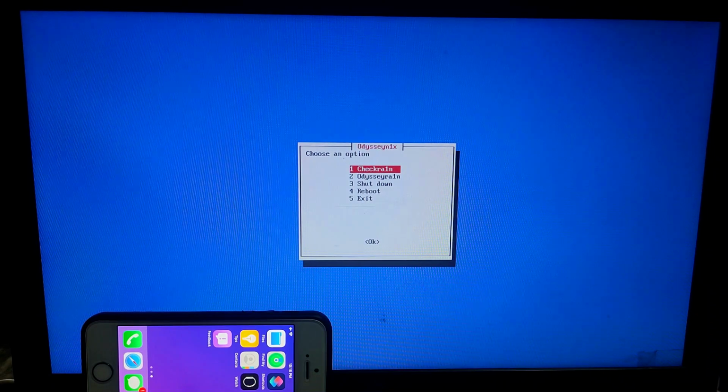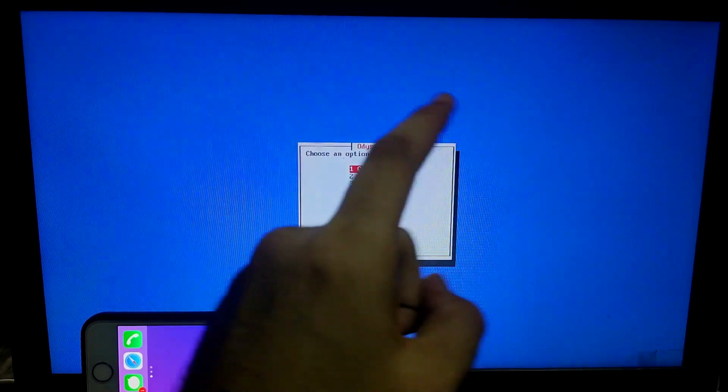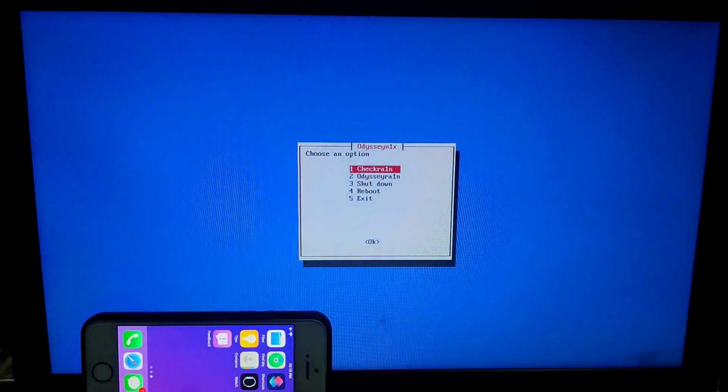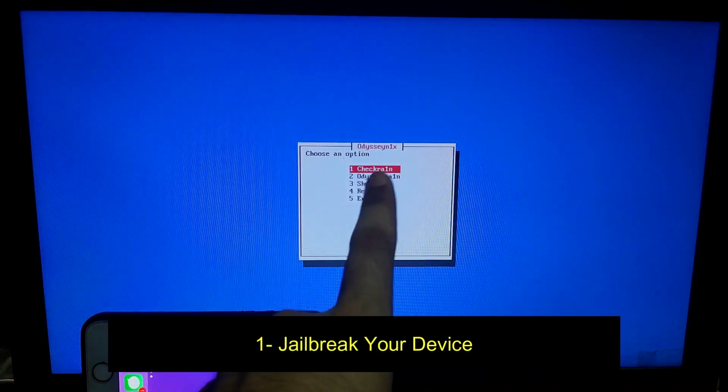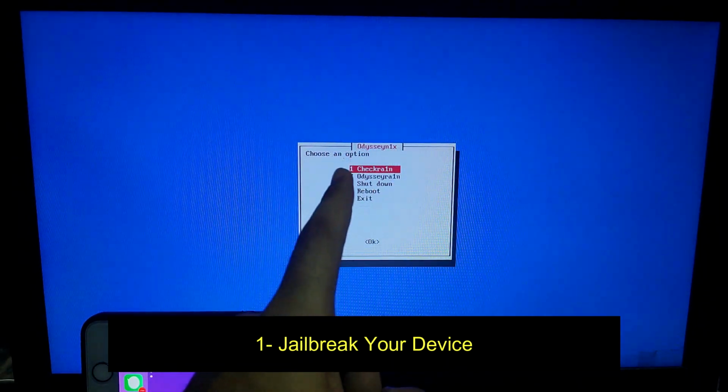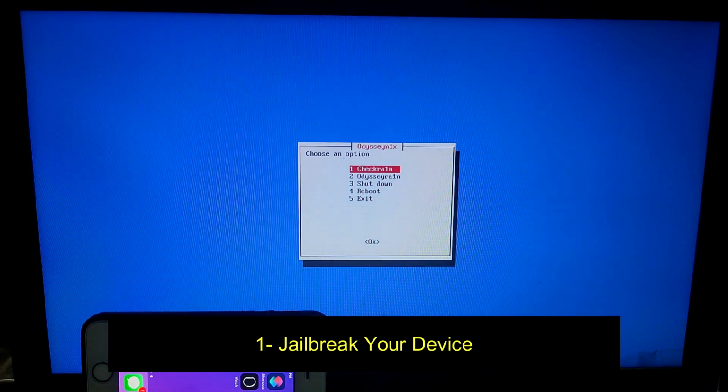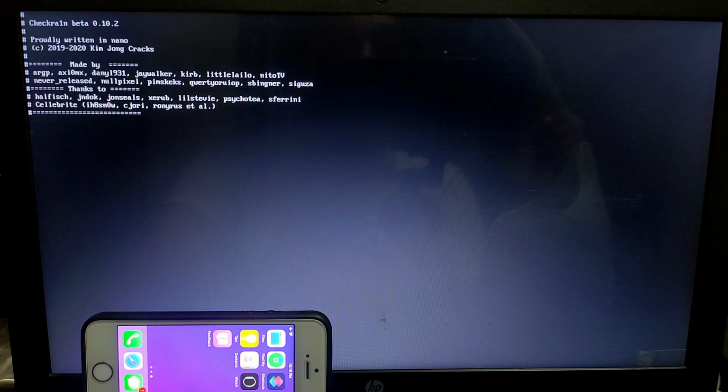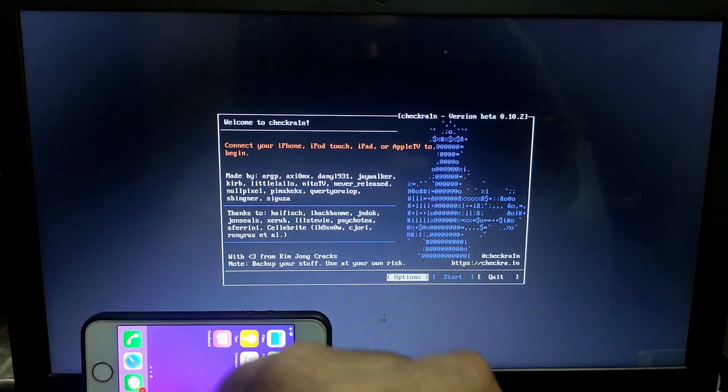Mine is Toshiba. After selecting that, you will see the first option, that is Checkra1n jailbreak, and the second, that is Odyssey Rain, named as Odyssey NMX, and then you have a reboot option and an exit option. First you have to select the Checkra1n option, so that first we will jailbreak our device with Checkra1n. So just click on enter.